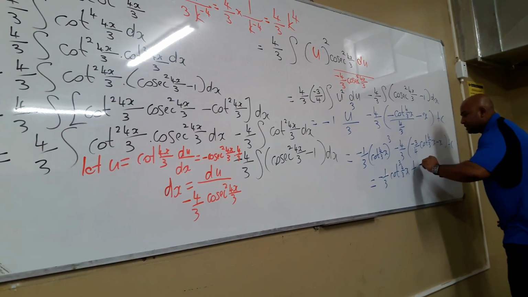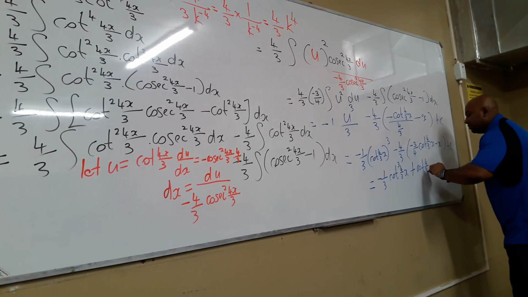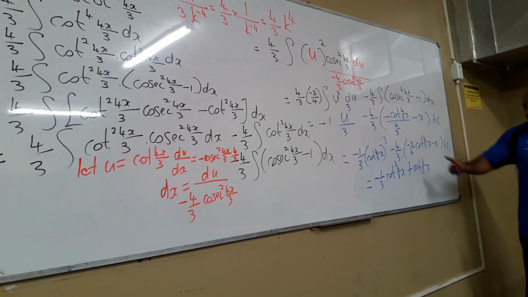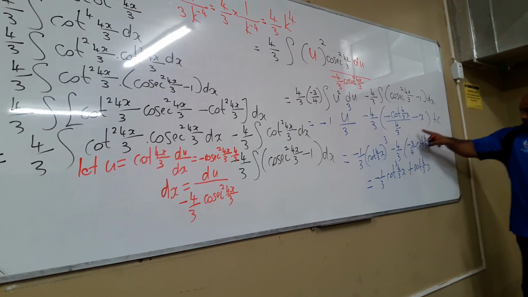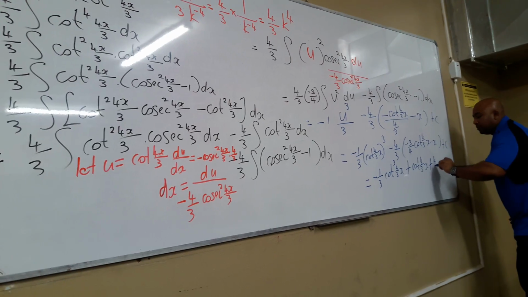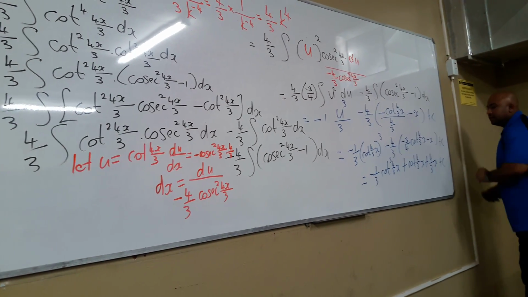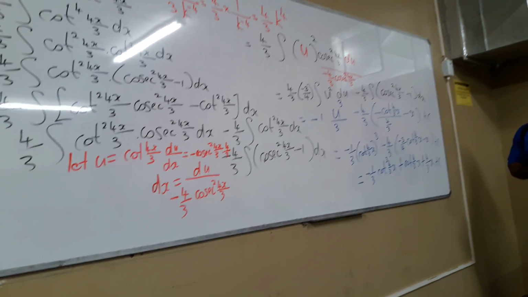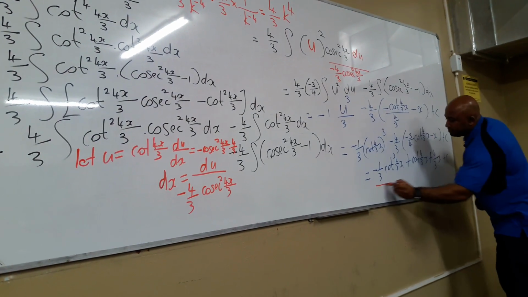Positive. That is a positive cot 4 over 3x. Here, minus 4 over 3 multiplied by minus x, that will be plus 4 over 3x plus c. You got that? I just changed along the way, but